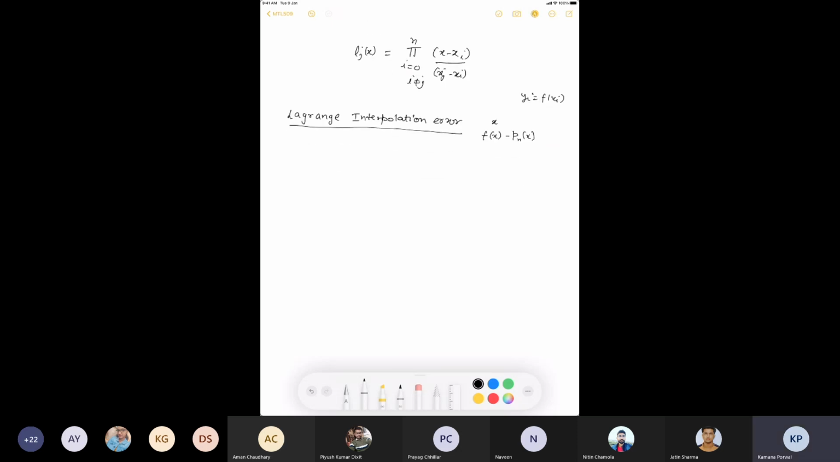So we obtain this formula with this assumption that f is n plus 1 times continuously differentiable on the interval containing all the x_i's and the point x where we are finding the approximation. So then we obtain this formula that the interpolation error is given by